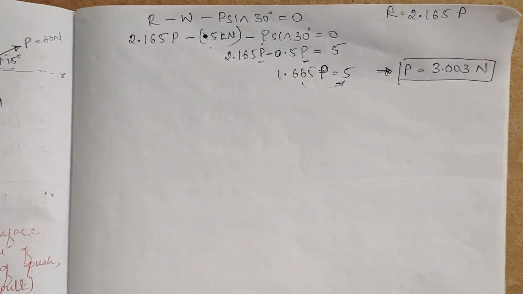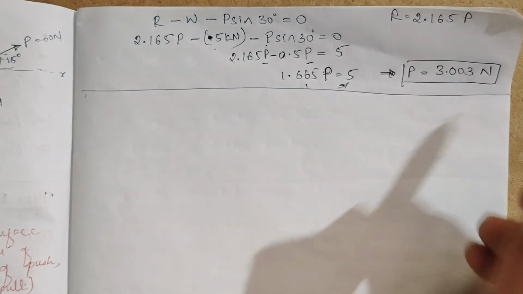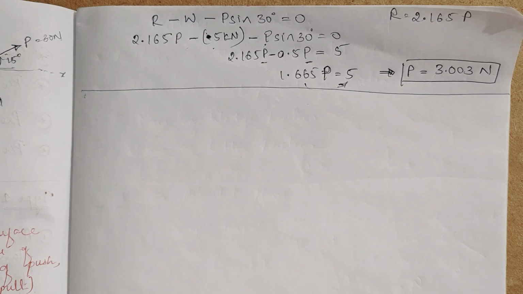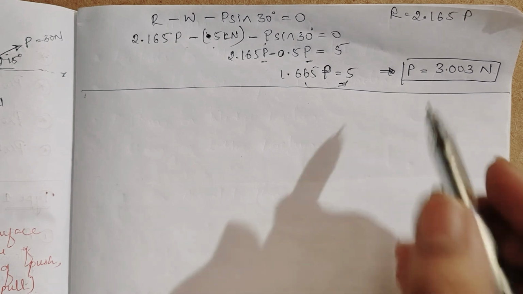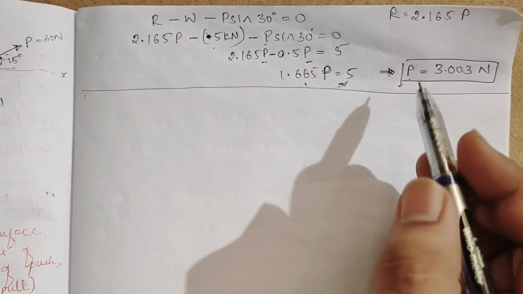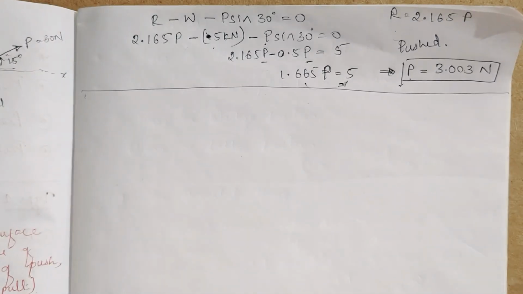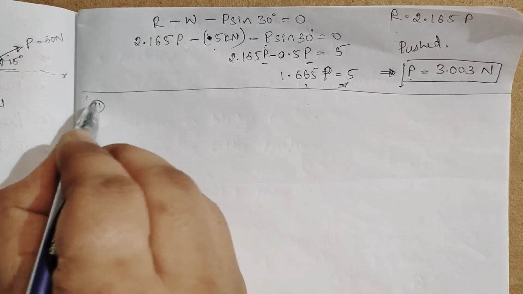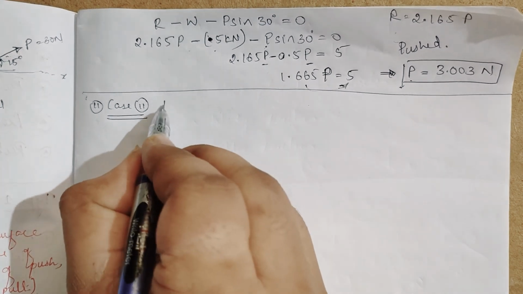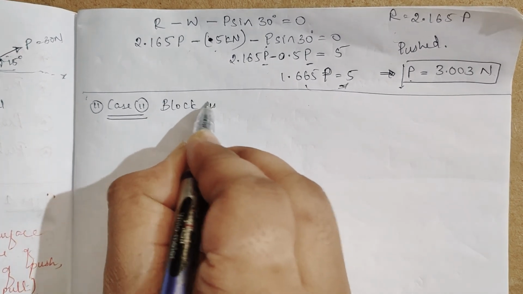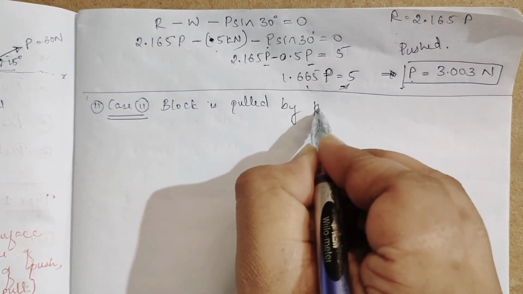Okay, understood? What I did is I substituted the value of R in equation number 2. Now we found the value of P. This is the pushing value of P. Now I'll take case 2. What is case 2? When the block is pulled by force P